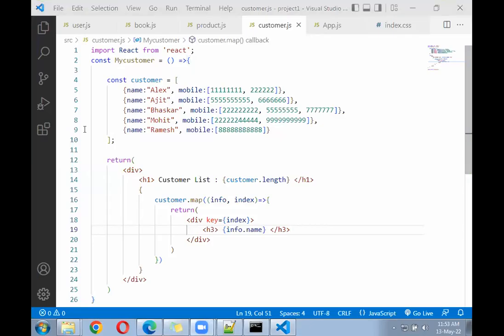Okay, so till here we have covered, we have printed the name of the users. Now after that, come down below, we have to print all the mobile numbers of the user. How many mobile numbers do they have? We need to print all the mobile numbers of users. So